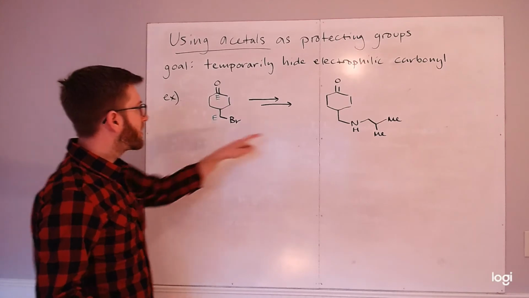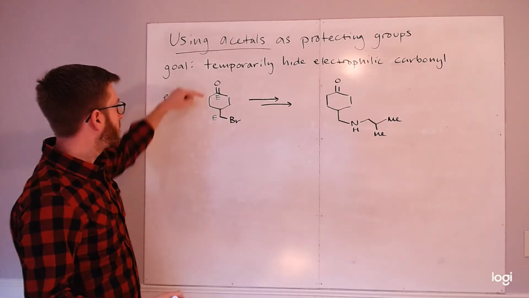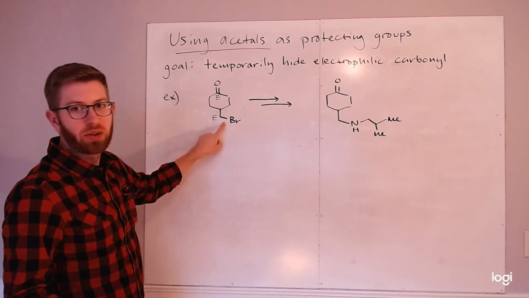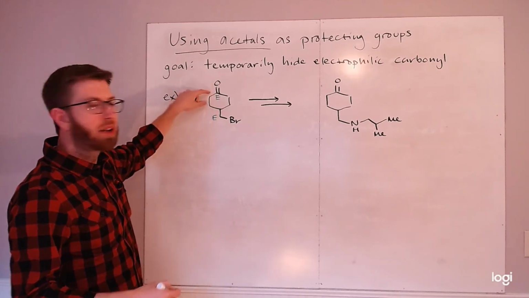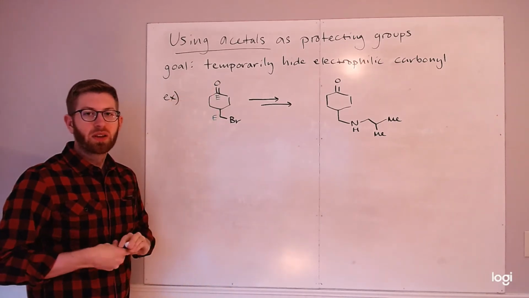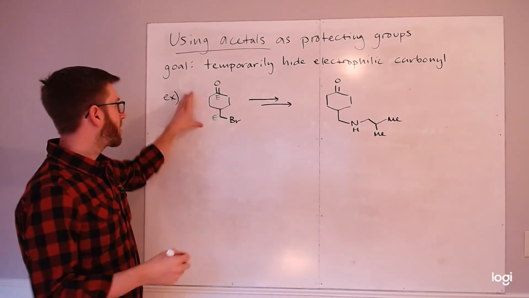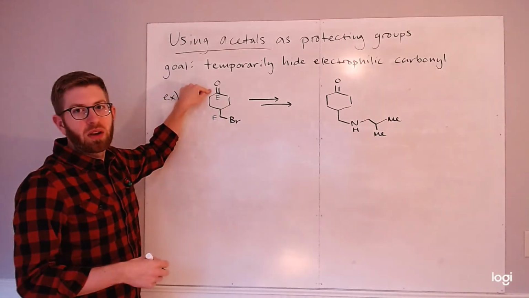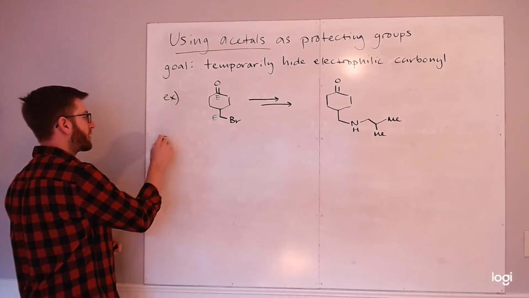And I know that I need to make a substitution change at this site, which means that I want to try to remove electrophilicity from the carbonyl temporarily, install the new carbon-nitrogen bond, and then remove whatever I've done to hide or protect the electrophilicity of the carbonyl. So if I actually tried to do this directly by just reacting this compound with an amine, for instance, I would mostly make an imine. That's not exactly the product that I want. So our synthesis